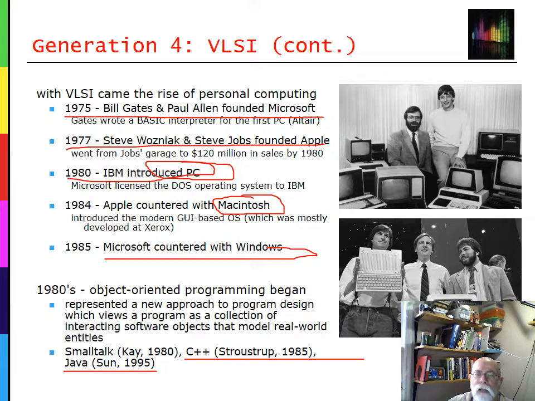Java came along in 95, not JavaScript, just Java is what we're talking about here. Smalltalk is another one of those very interesting programming languages. C++ and C are workhorses that you see a lot of times, or you don't see, because they're behind the scenes doing the heavy lifting. A lot of times we see an overlay program to make it easier to interact with what's going on in the background.